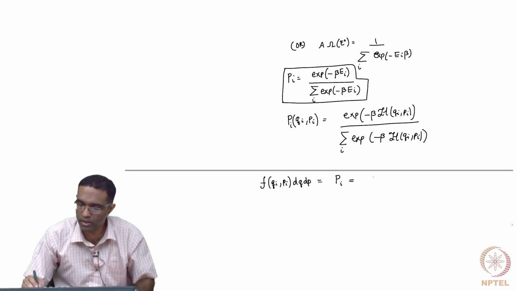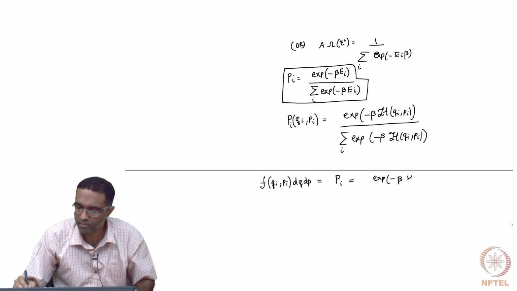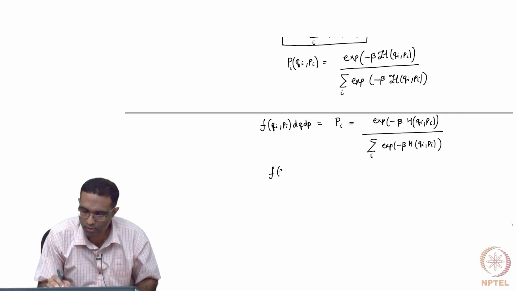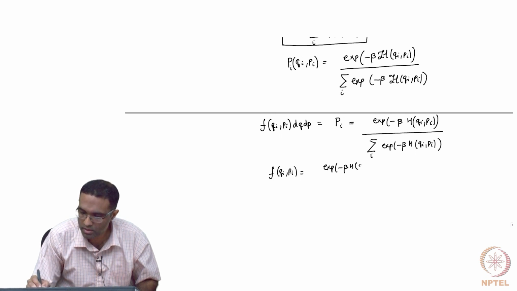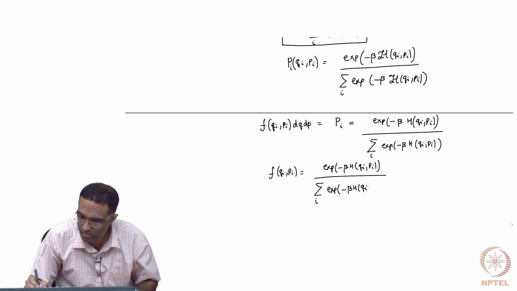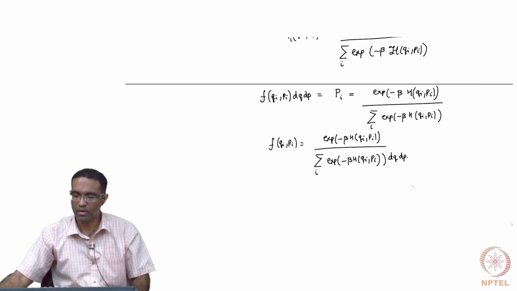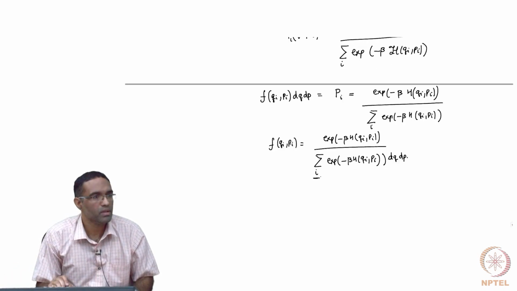Now this is equal to this quantity right here, which means f of qi comma pi is equal to